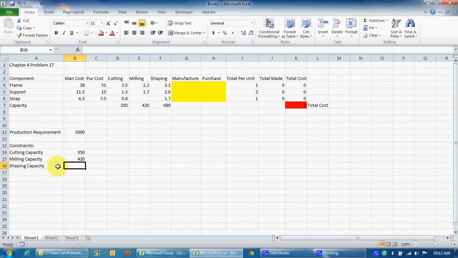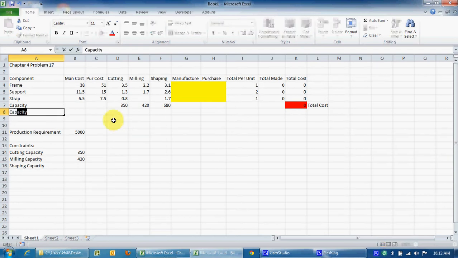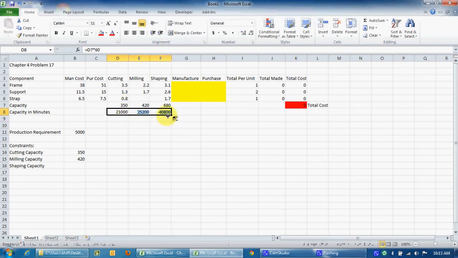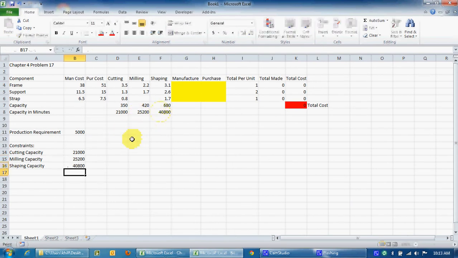And you know what though? I'm going to make things a little more confusing, and I'm going to convert those to minutes, because those capacities are in hours, and I'm going to do it in minutes. Capacity in minutes. Let's just do this very quickly. It's going to multiply this times 60 and drag that over. Now I'm going to reference those. Just seemed to make a little more sense to me. So we did those